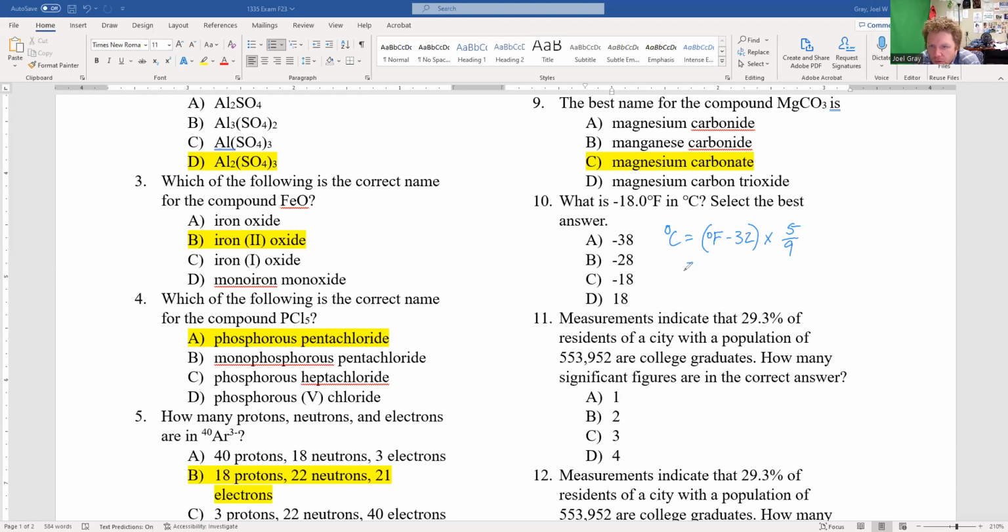So we will just plug in negative 18 minus 32 times 5/9. That would be the same as negative 50 times 5/9, which you could look at and say 5 times 50 is 250 divided by 9, and that would be, calculator,